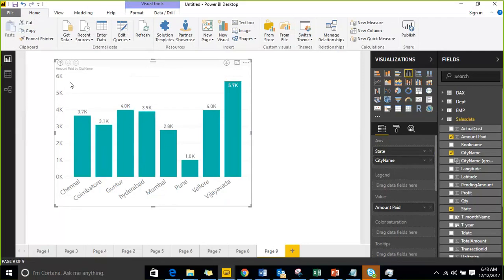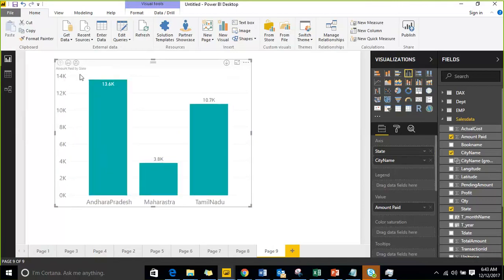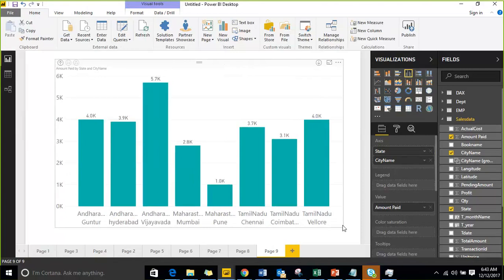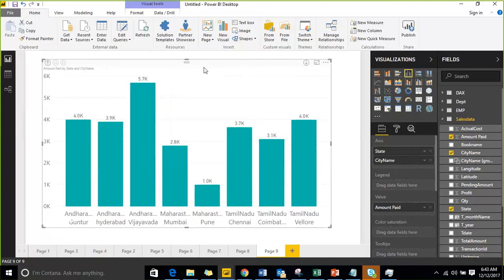You can say that, boss, we know the cities, so it is fine, but we are going to work on data which we don't know much about. At that time you need to showcase the parent level information also. At that time you have another option which is going to showcase the parent and child level information both. Now understand very clearly,